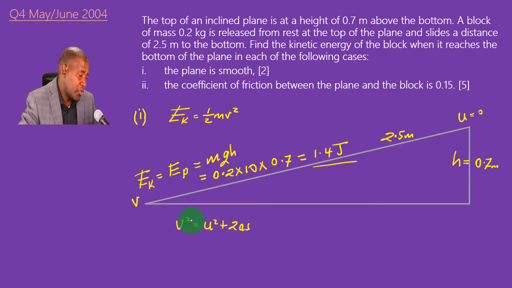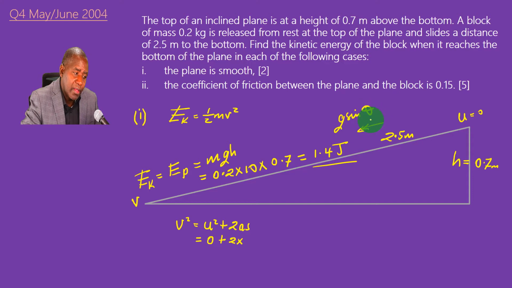In fact, you are going to leave it as just v squared. Now, what do I mean? The u squared was 0 squared plus 2 times the acceleration, which is a component of the g down the incline. So the a here will be equal to the g